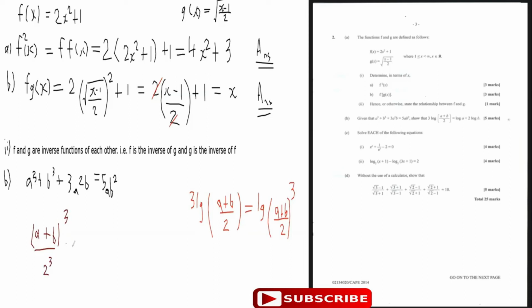And so what we really have is that this is a plus b over 2 all cubed, which in reality is just (a plus b) all cubed